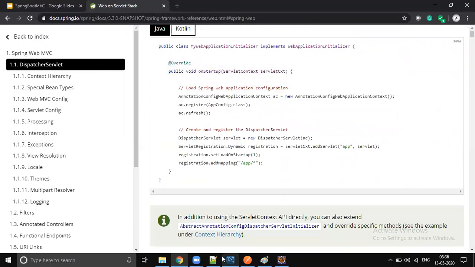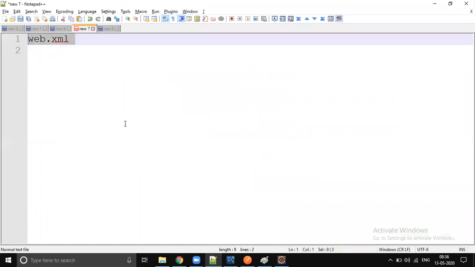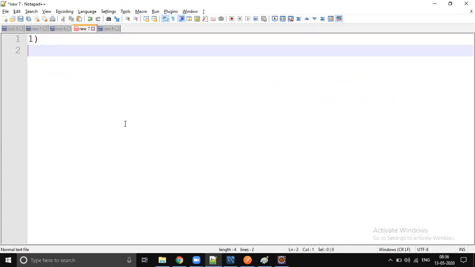So the first step. There are so many ways we can configure this. I'm talking about Spring MVC, not Boot. In Spring MVC, I will put multiple cases here. What is the case here?